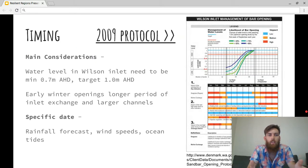The timing of the bar: in 2007 there wasn't enough water, so they didn't open it, and then they wrote up new protocols for the management of the opening. The minimum level needs to be 0.7 meters, but the target level is 1 meter. Any lower than that, and you risk impacting the seagrass,